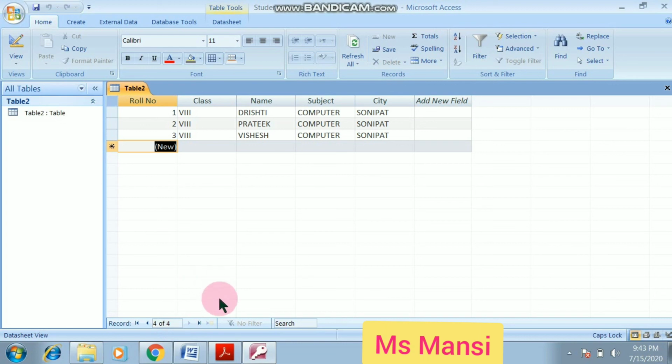To save a record. How to save a record? Select the home tab, locate the records group and click on the save command. Like I will enter here a new record with the help of the new command.